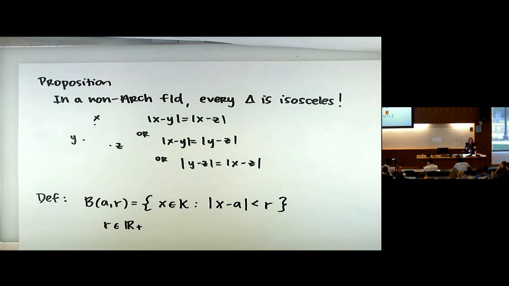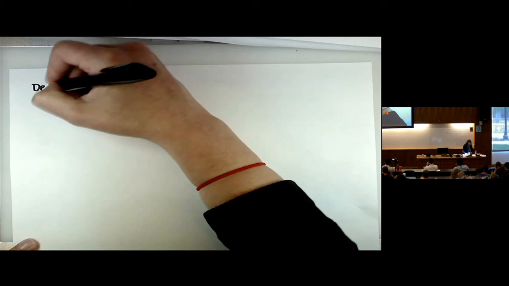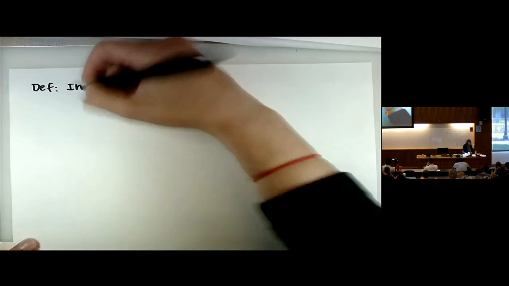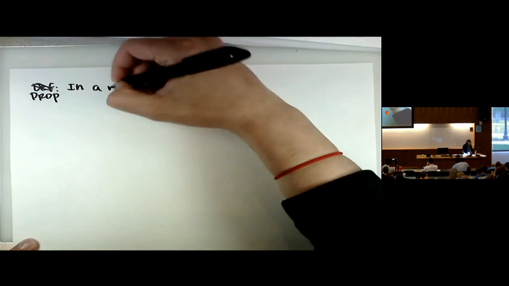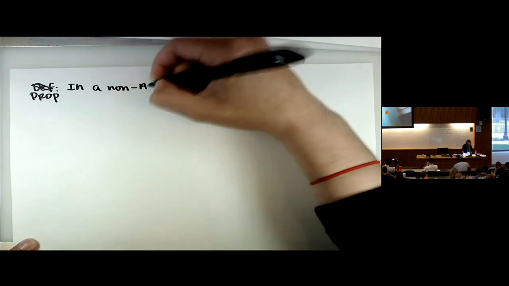So the usual ball that you remember from having balls. Okay, then these balls are weird too. Right, so this is a proposition in a non-Archimedean field,